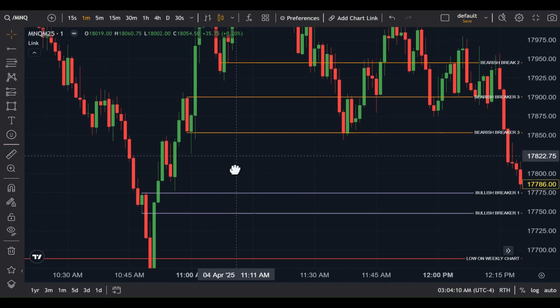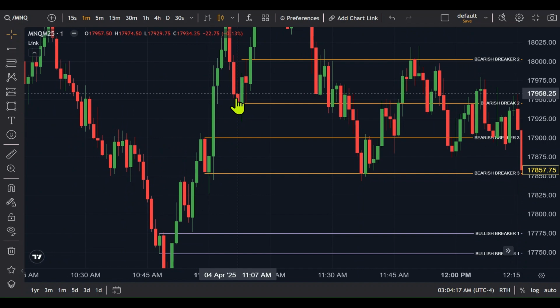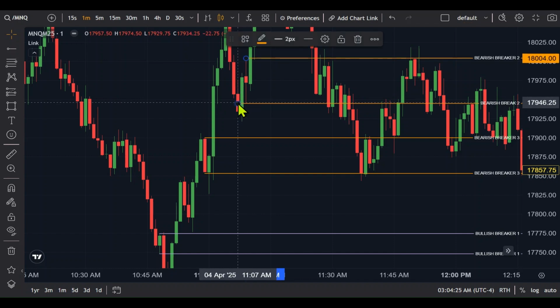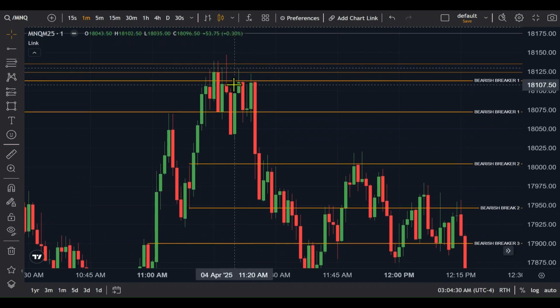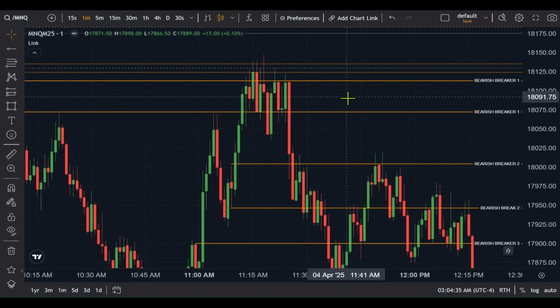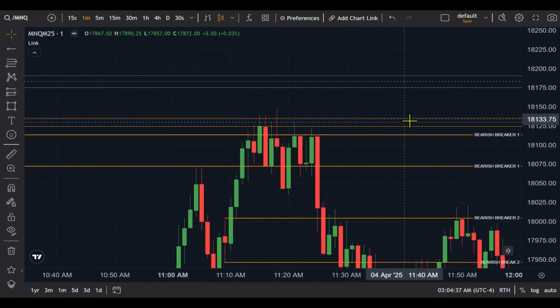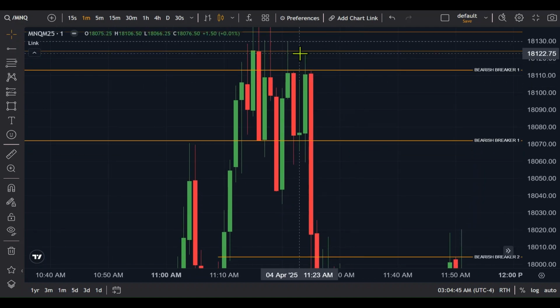Last down close candle before this run on liquidity, which actually just matched that high. We come back down into this fair value gap right here, creating another last down close candle before this run on liquidity. Fair value gap right here. We wick into it, but the candle bodies do not violate even the bottom of it. They did violate the top of this breaker, number one, but eventually